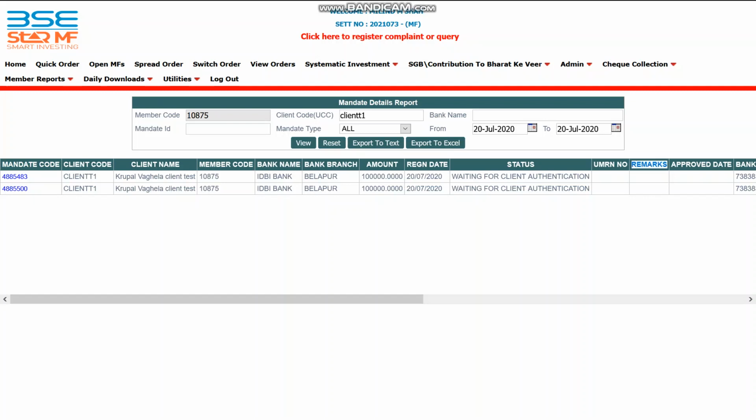Okay, now the TAT for e-NACH mandate approval is 4 working days, but again it depends on bank to bank. So generally it will take 4 working days to approve this e-NACH mandate. So this way you can also search the status of your e-NACH mandate under